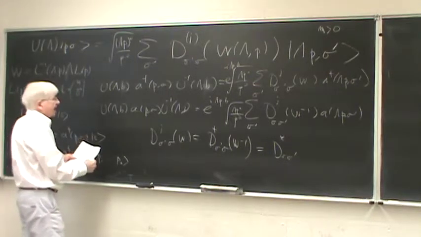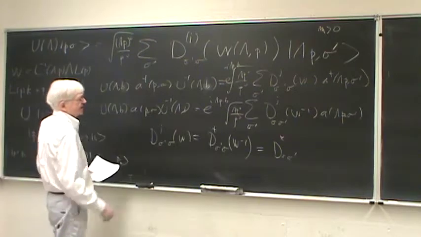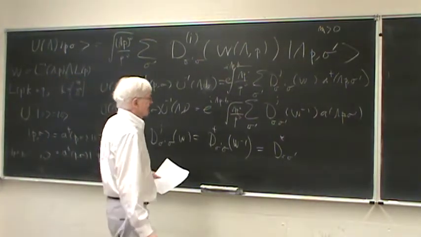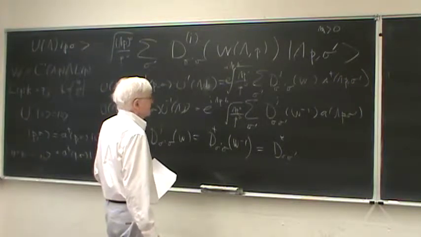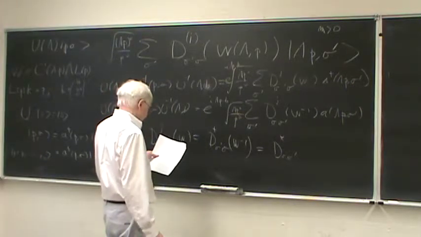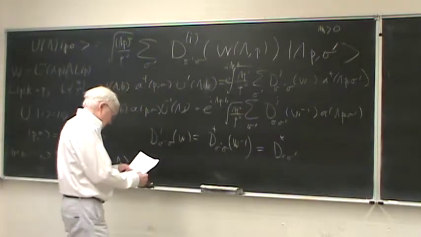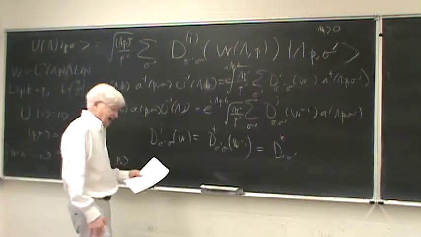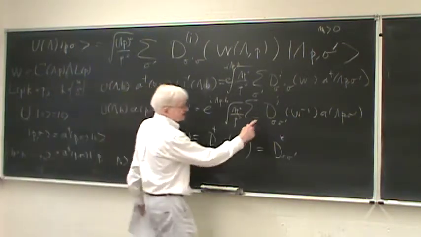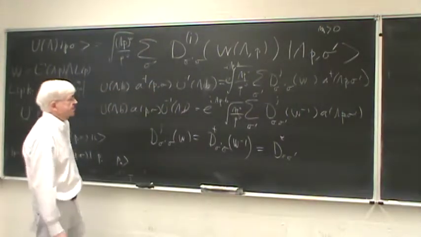On the bottom line, well, we first take the adjoint. Well, it has to be the adjoint of the other one. And it has to be simply the complex conjugate of the other one. It's the adjoint of the equation, but these guys are just complex numbers, so you just get a complex conjugation.